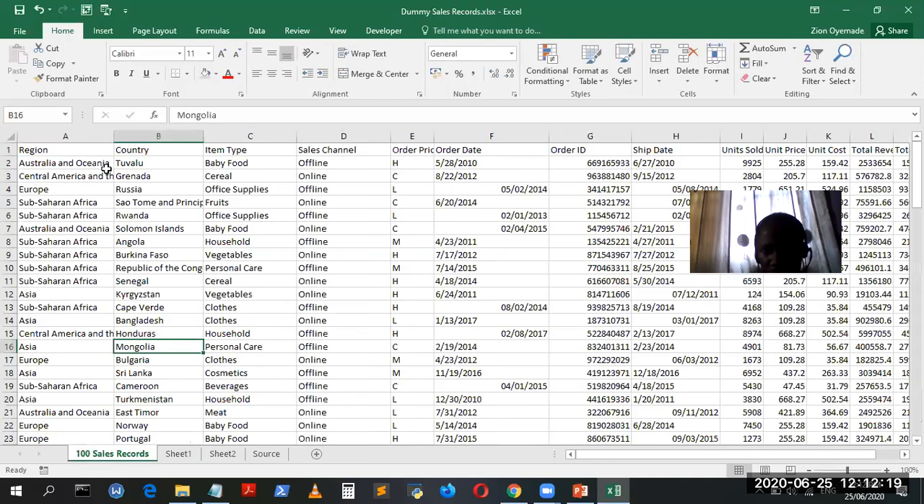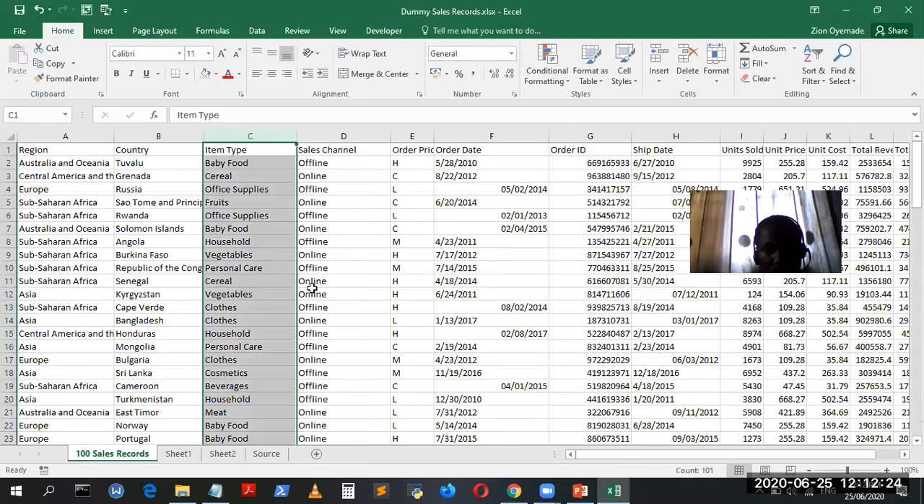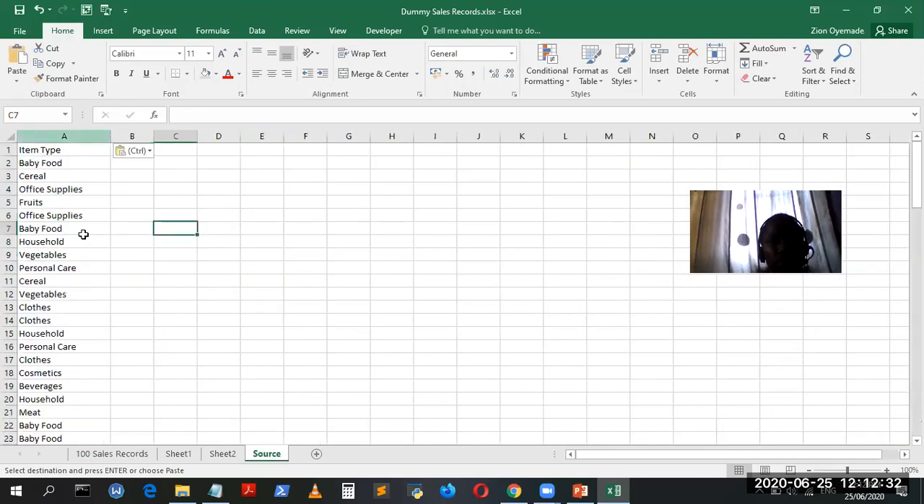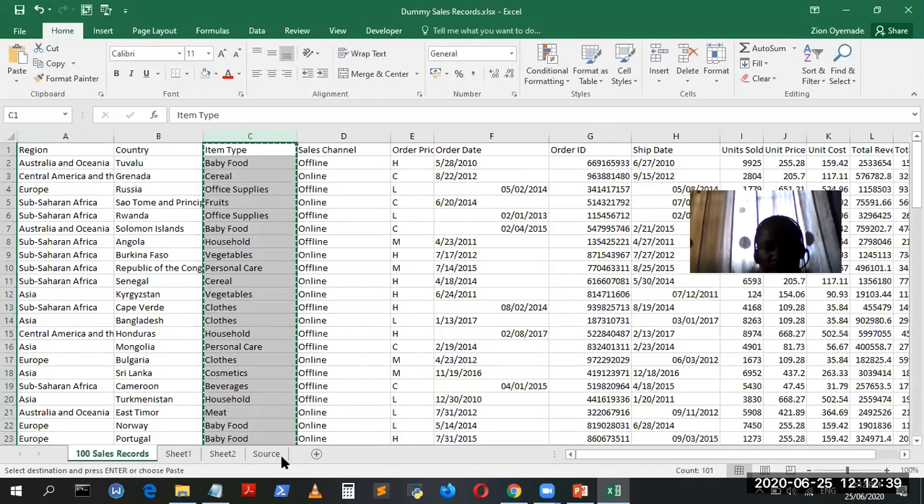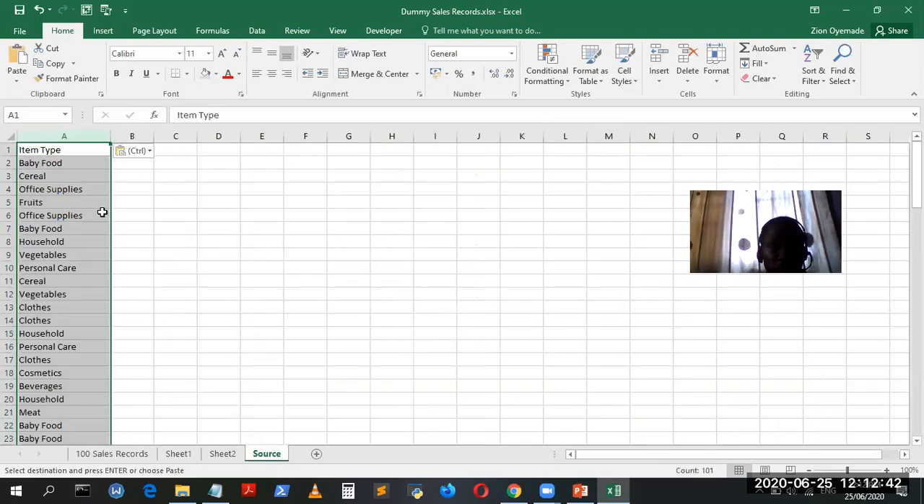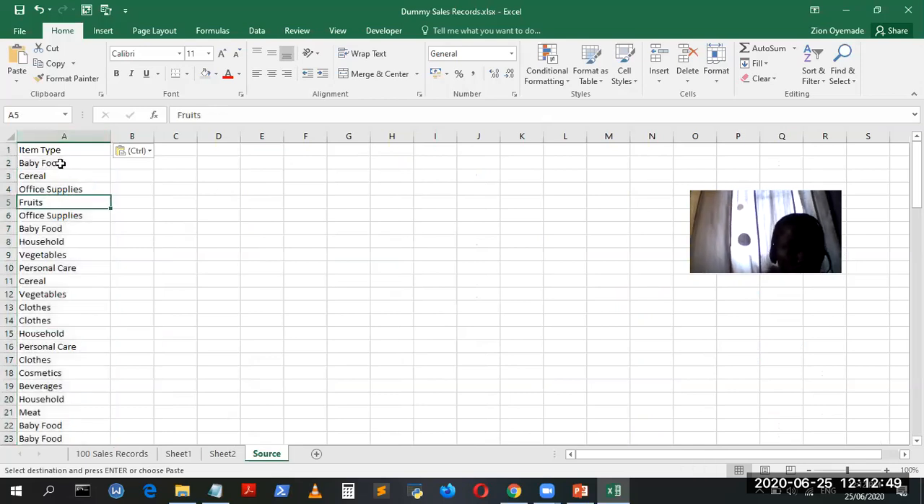Let me just pick items from my data here. And so I have item type. Let me call this my list of items. Definitely the reason why I pick out data like this is some other things will come in, which, in case you don't know, you'll just learn along. This particular column has baby food, cereal again, clothes. I can't use this